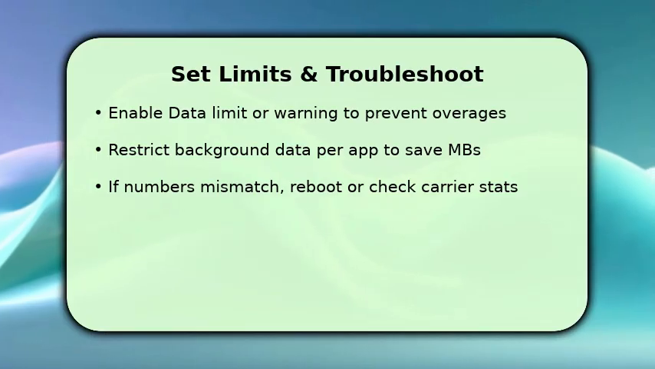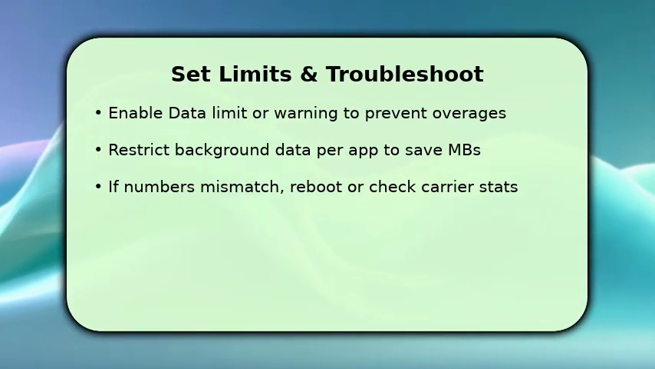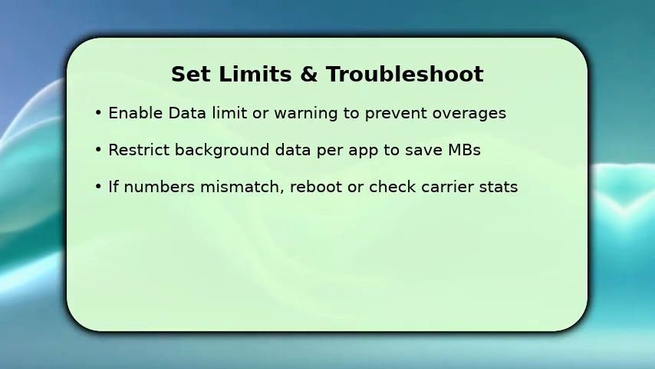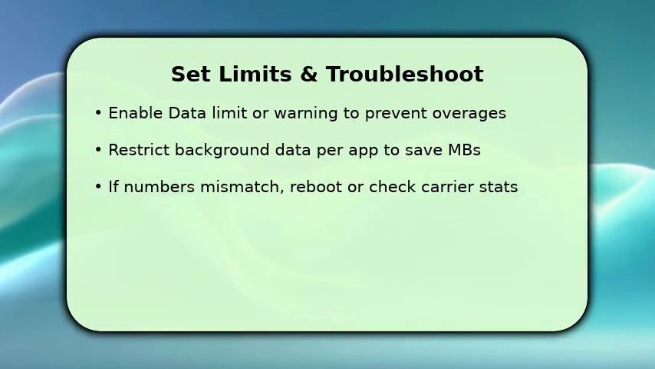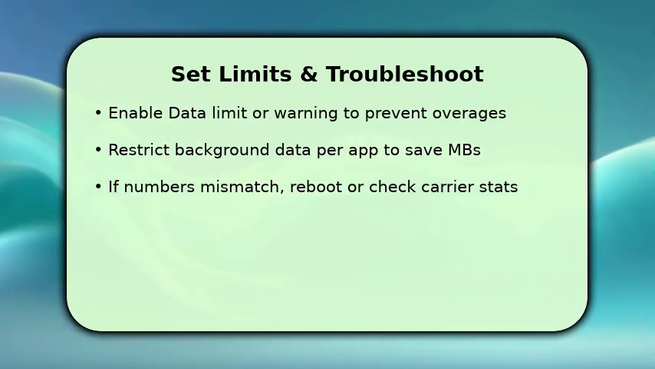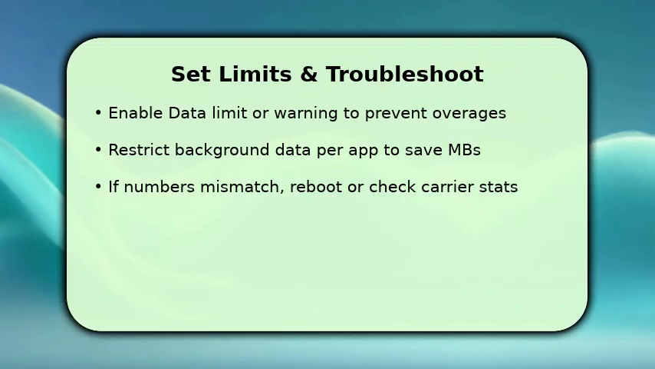Enable data warning and data limit inside the data usage screen, set values matching your plan, and toggle restrict background data for heavy apps to conserve MBs. Once limits are set, monitor notifications and adjust as needed. This prevents surprise charges. If reported usage differs from your carrier, reboot the phone, verify SIM settings, and check carrier